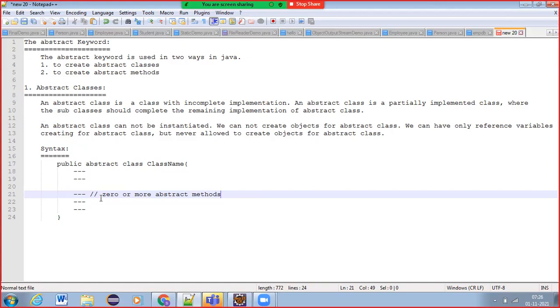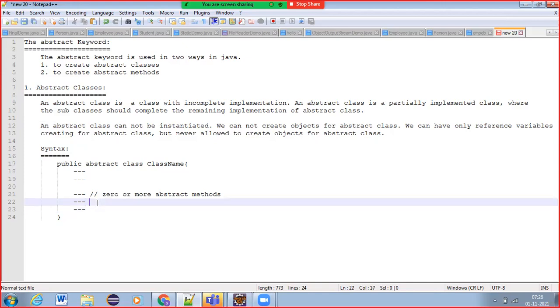Here we are talking about abstract methods, but that means you can have concrete methods also. Concrete methods are normal methods which have the implementation.